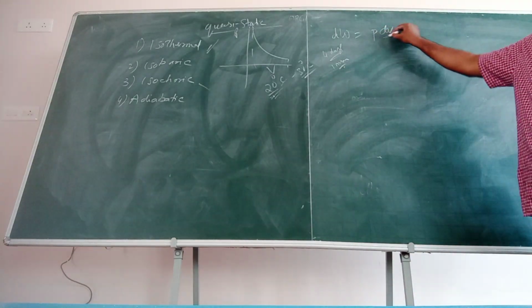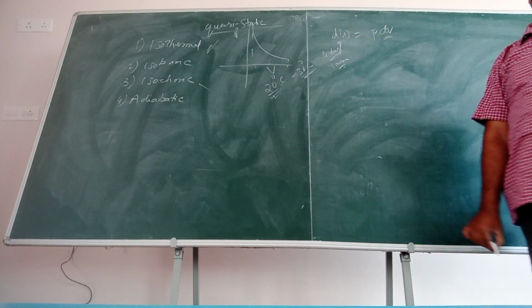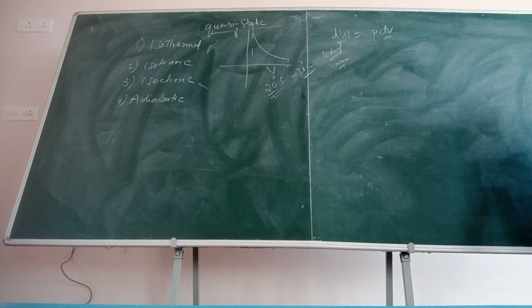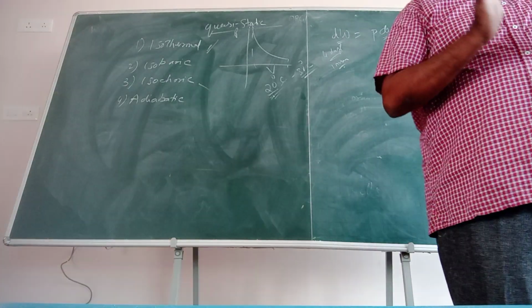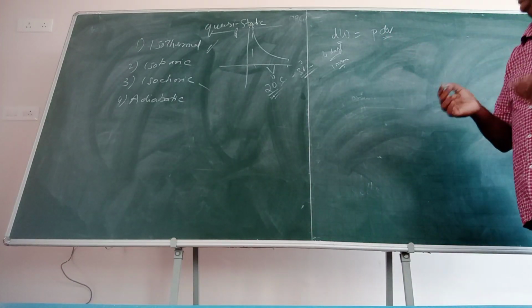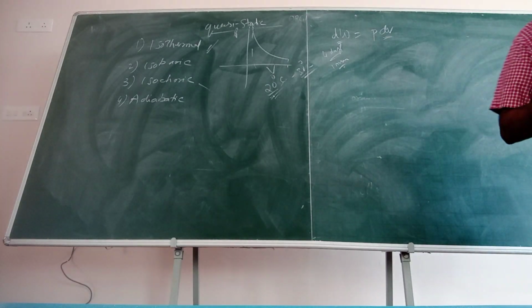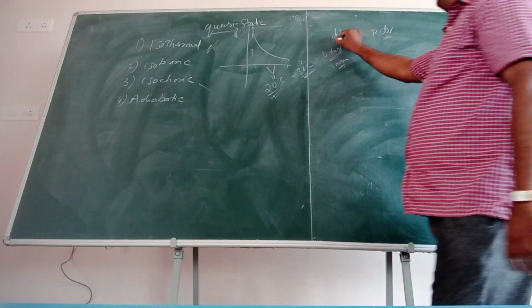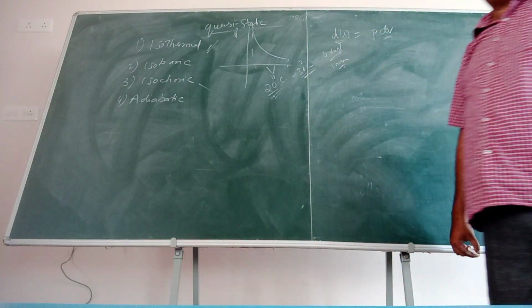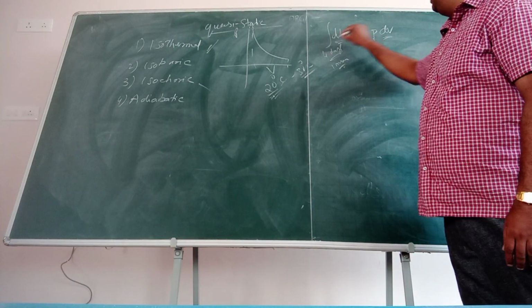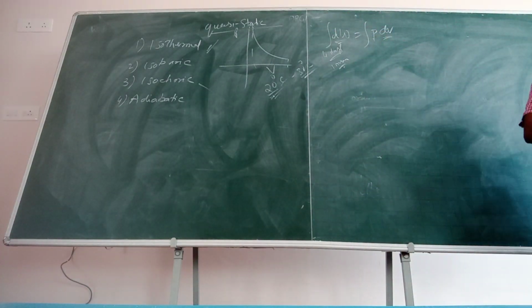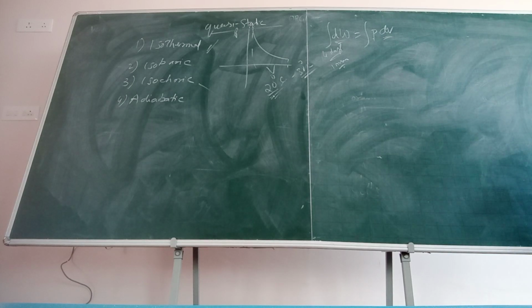For a small change of volume, the amount of work done is dW, isn't it? A little bit of integration I will be using here, but basically as a bio student, you are supposed to remember only the expression. Nothing wrong in knowing the derivation also, it can come in the exam also. So dW is equal to PdV. If I integrate both sides, will I not get the total work? I will get the total work.